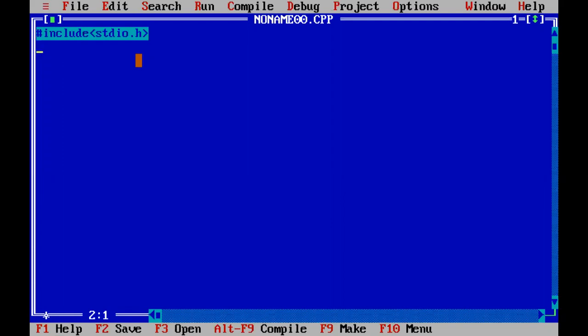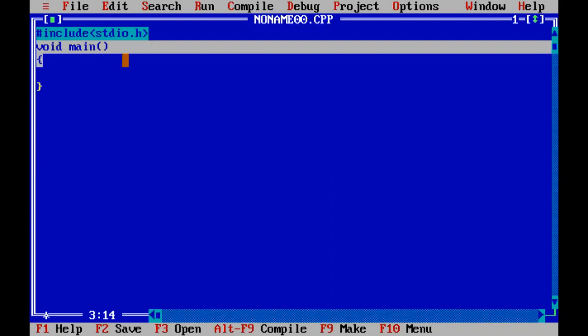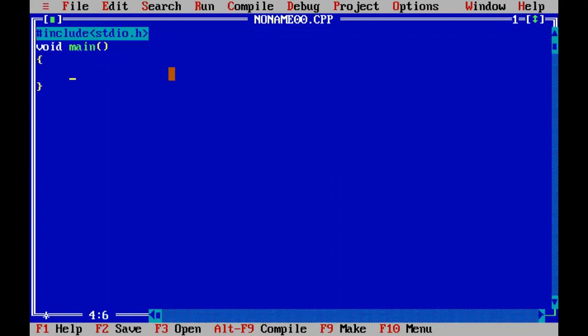Now we have to write each and every statement in one special function, and that special function is said to be void main. So void main is my special function. Every statement is always enclosed in the main function, because execution always starts from main.